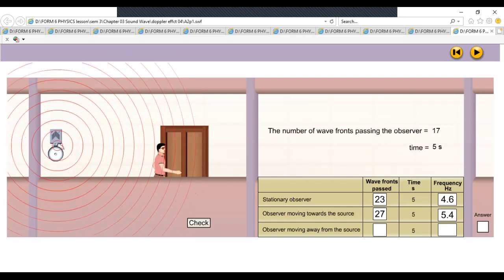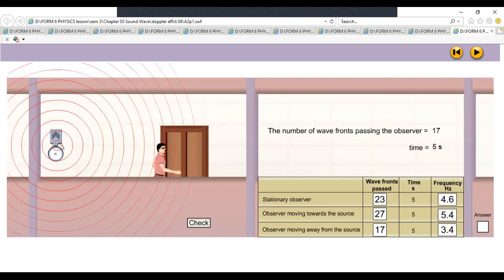That means that now the wavelengths of the sound passed by the observer are only 17 in 5 seconds. That means 17 divided by 5, which is equal to 3.4. That means that the frequency will become lower than the original frequency of the sound source,